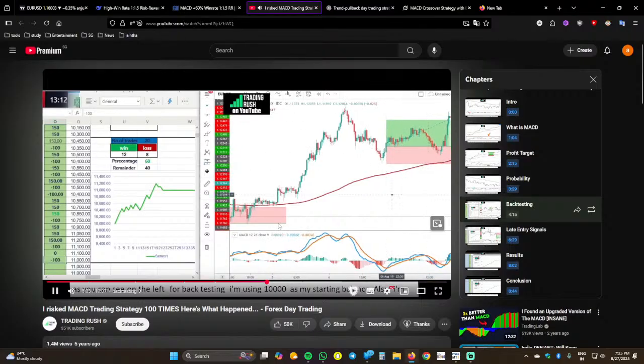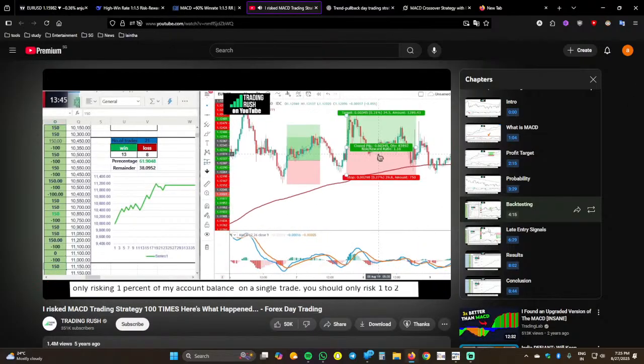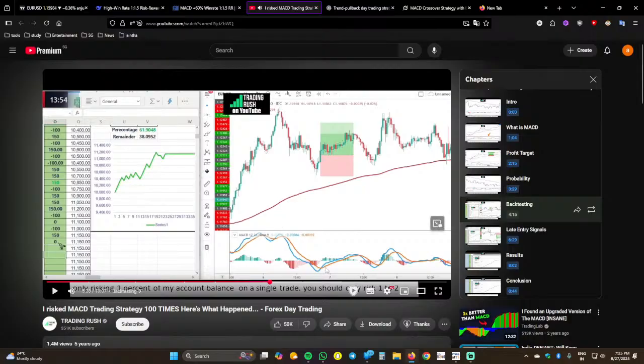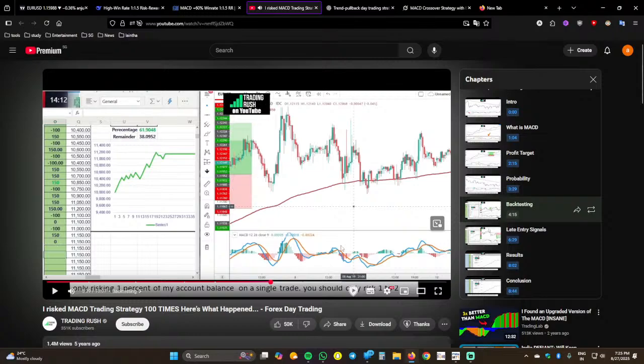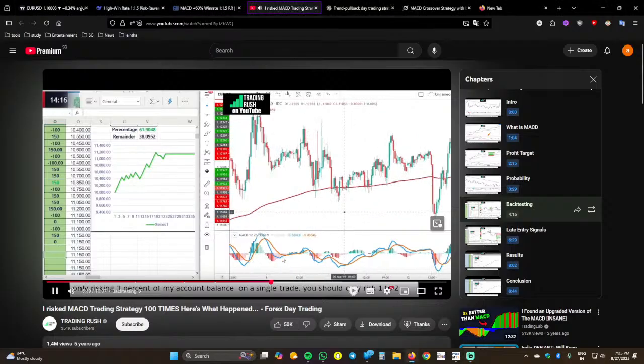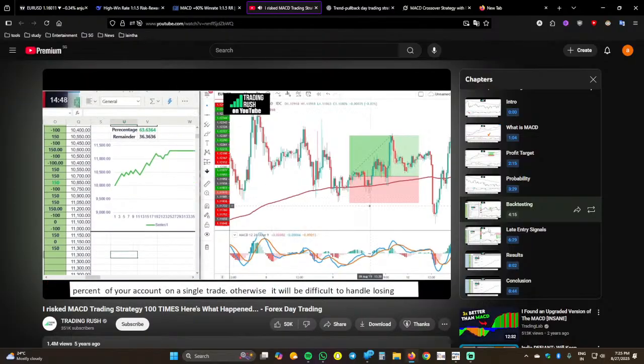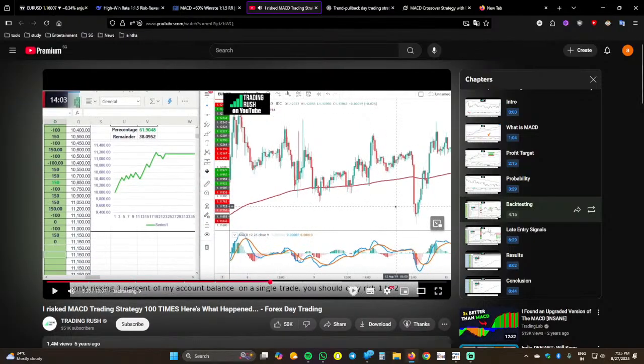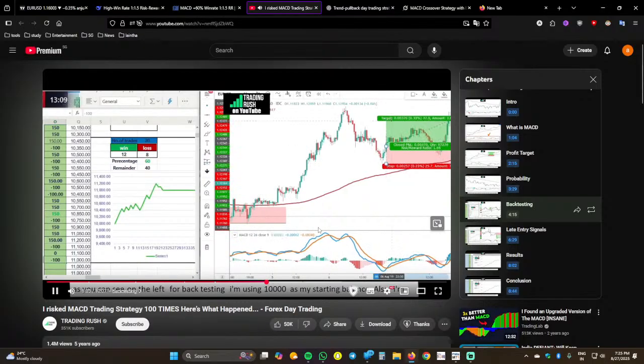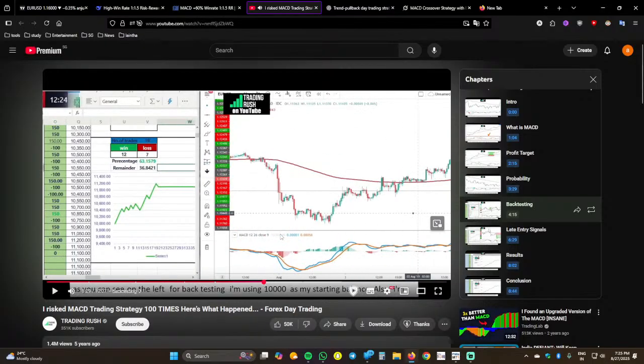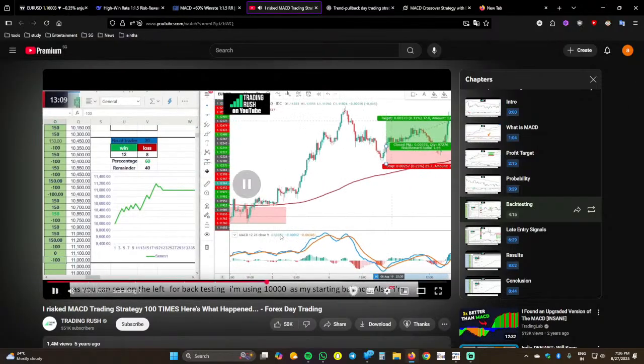10,000 as my starting balance. Also, I'm only risking 1% of my account balance on a single trade. You should only risk 1 to 2% of your account on a single trade. Okay, let's see, will he take this trade? I think he skipped it. As you can see on the left, for backtesting, I'm using 10,000 as my starting balance. Yeah, he took this trade,